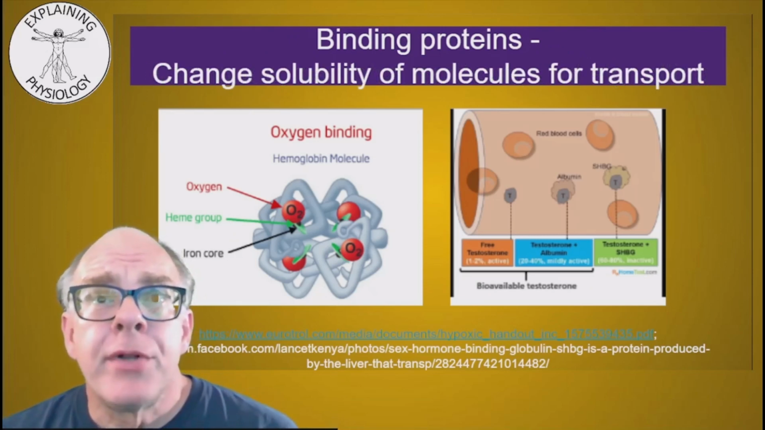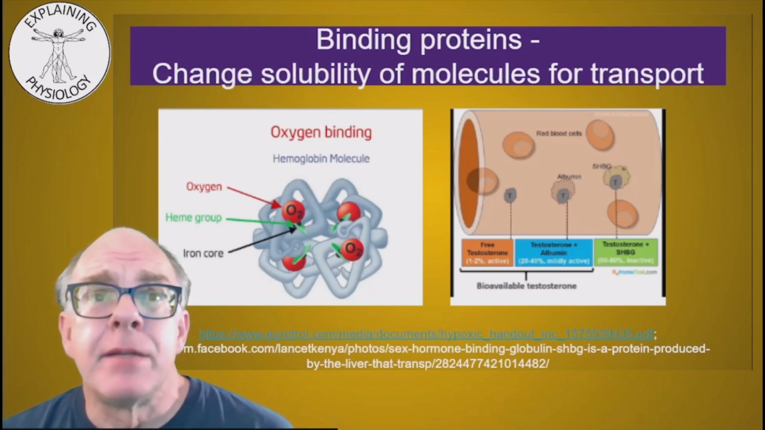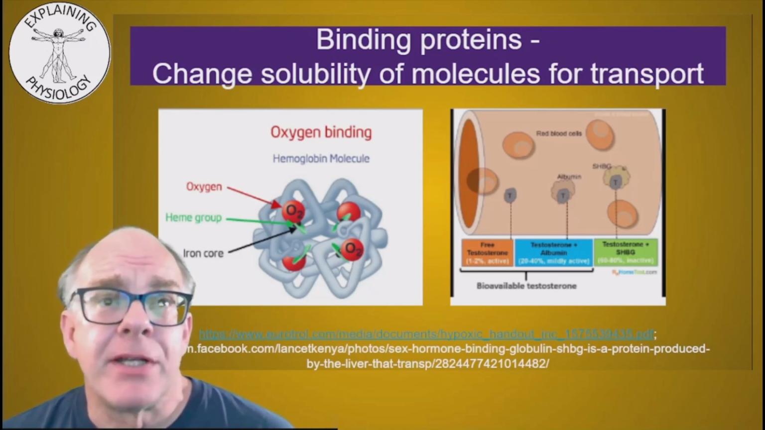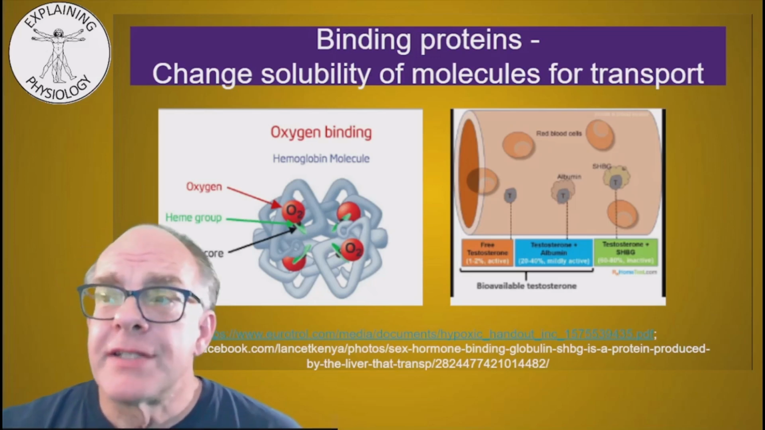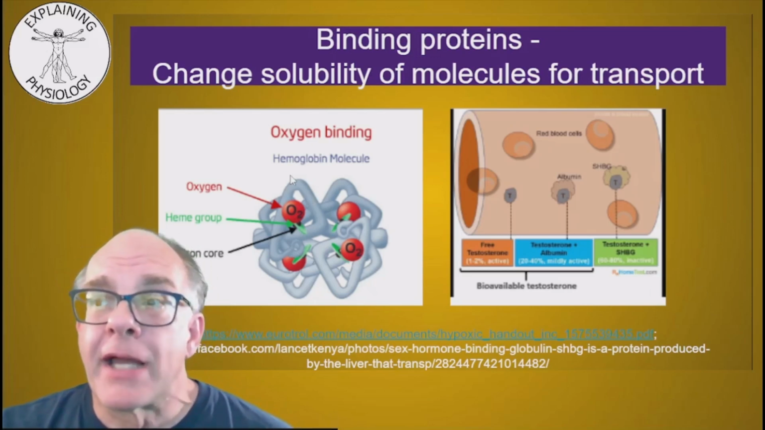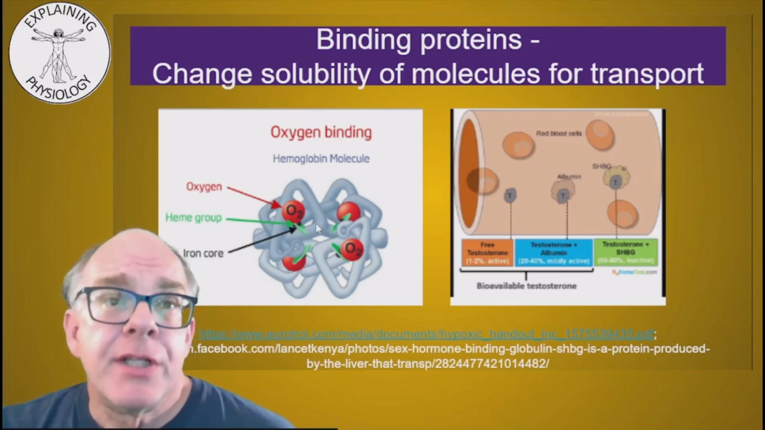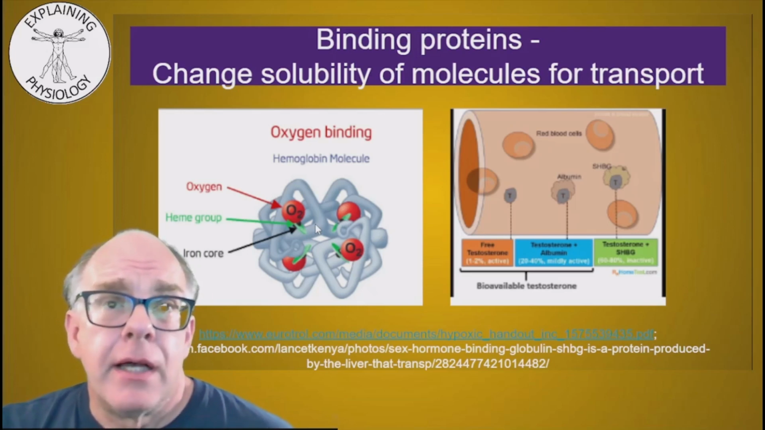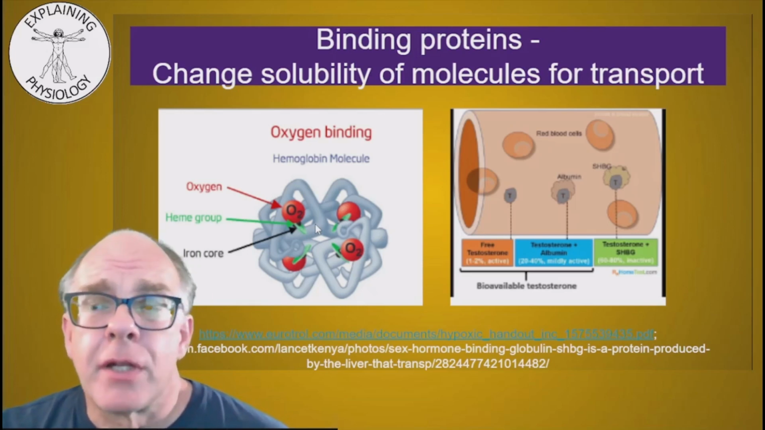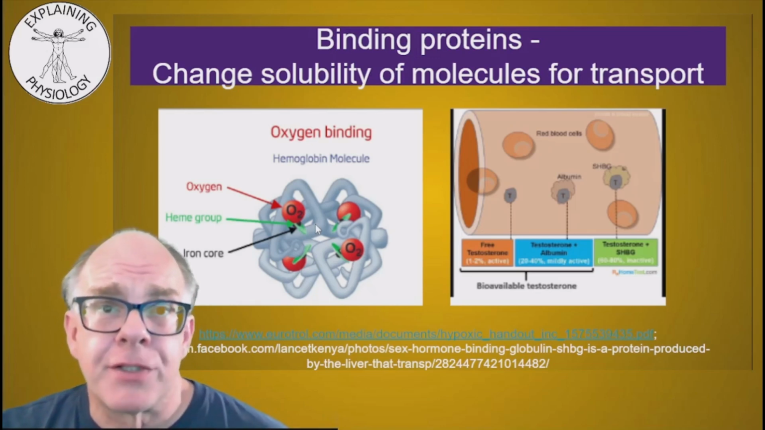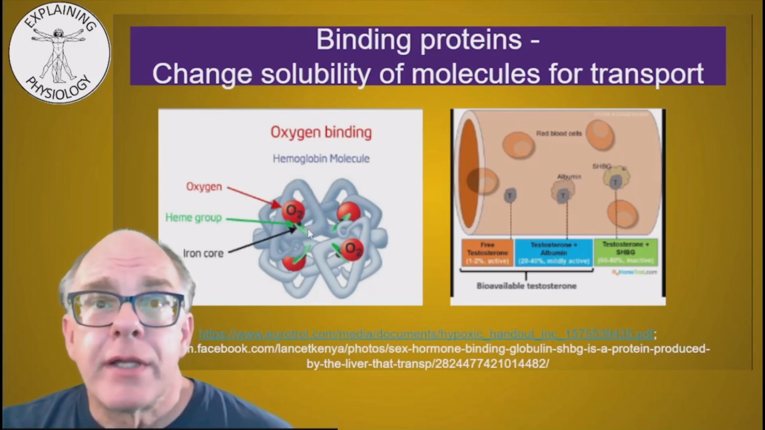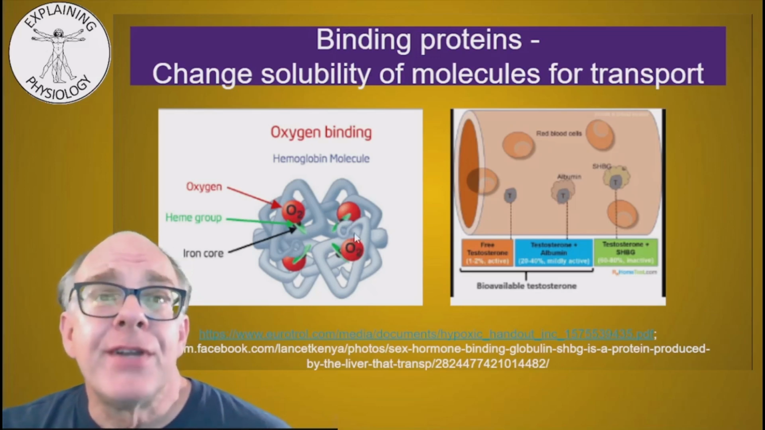The next category of proteins are going to be binding proteins. Now, these binding proteins are going to be involved with changing the solubility of molecules so that these molecules can be transported through the body. Now, a good example of a binding protein would be going back to our hemoglobin molecule over here. In general, oxygen is not going to be very soluble within plasma, and so in the absence of hemoglobin, there is going to be very low levels of oxygen being transported throughout the body. By having this hemoglobin molecule present, we can bind to oxygen, actually 4 oxygen molecules here, and very efficiently transport